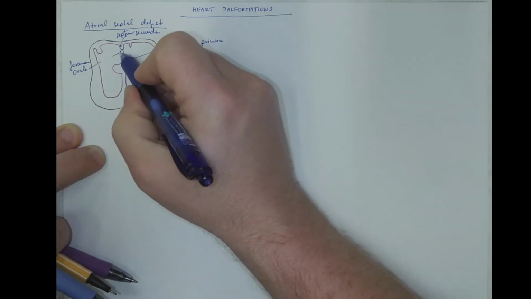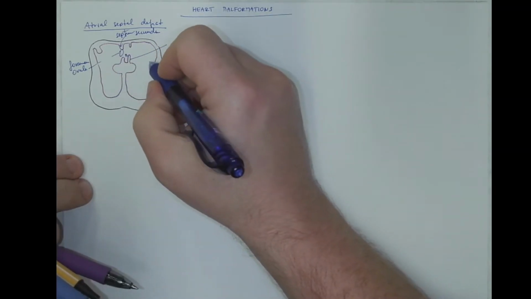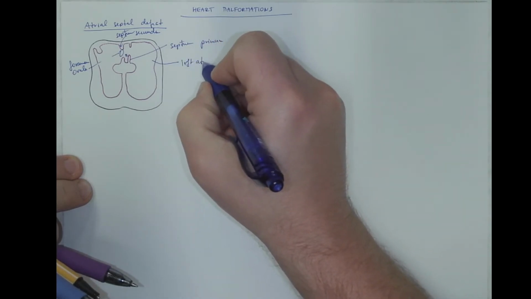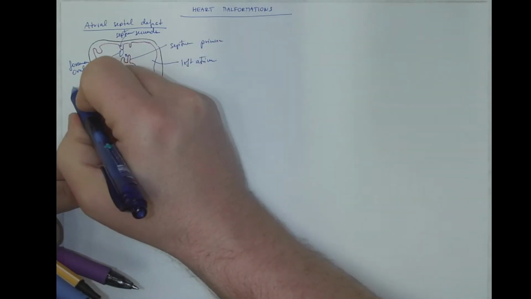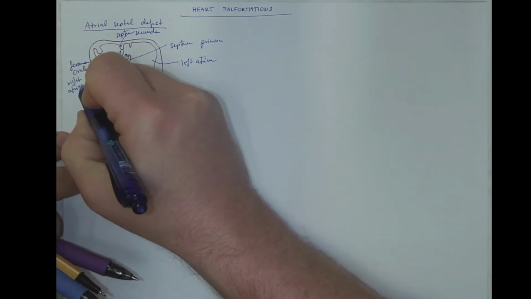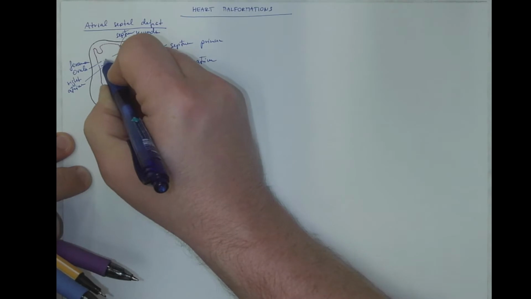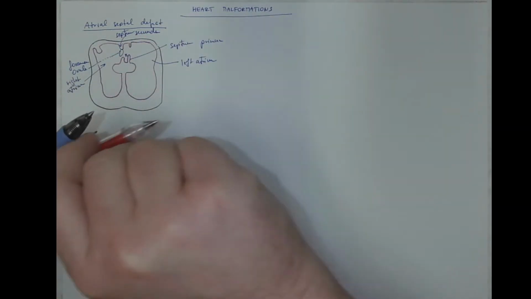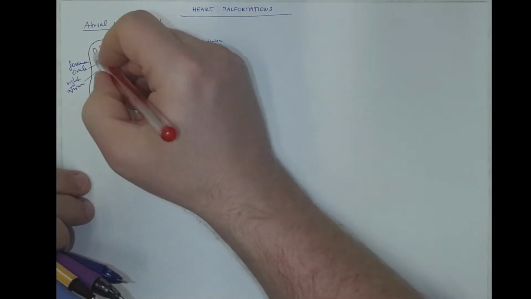But there is a wide communication remaining between the left atrium and right atrium. Now, what can go wrong? If this opening persists after birth,